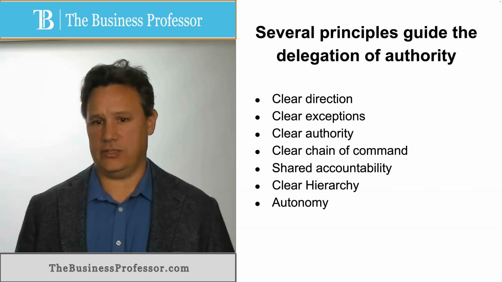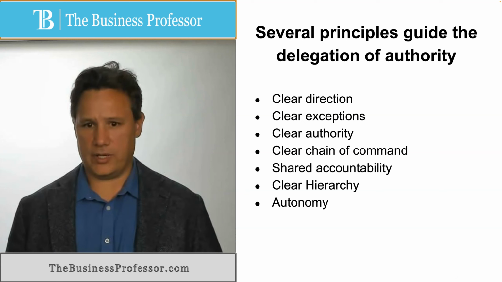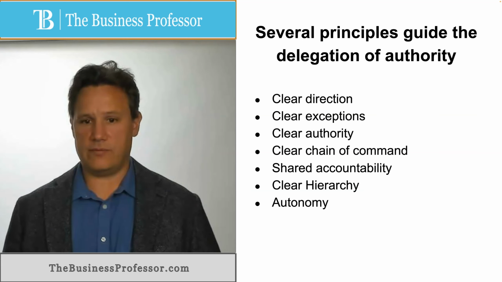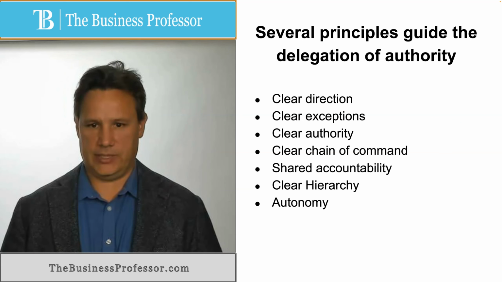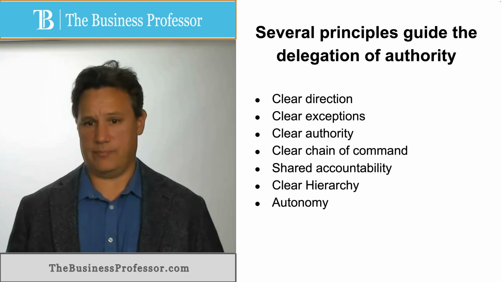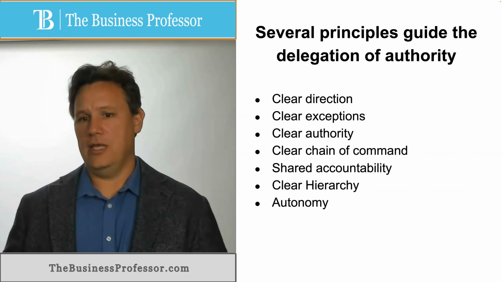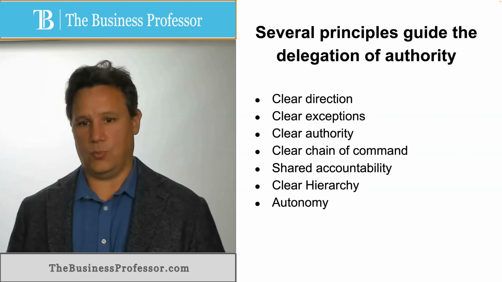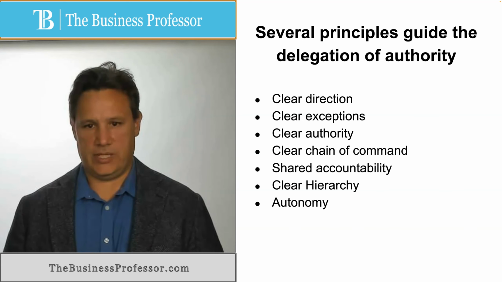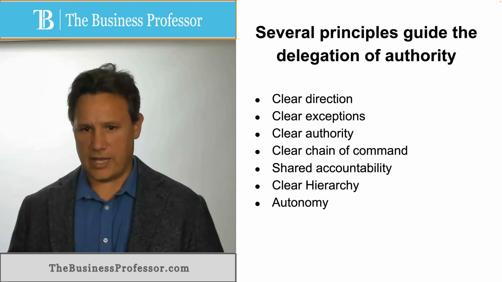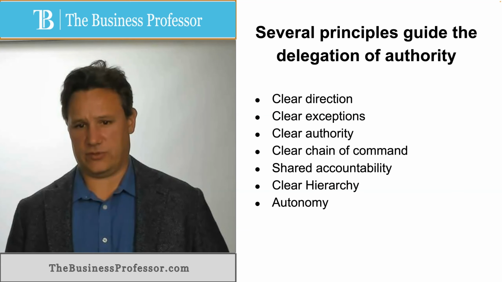The last thing that you need to do if you're going to be effective at delegating authority is you have to give whoever you are delegating this task to autonomy to do it. If you clearly set up the expectations, the directions, and the boundary conditions, and you clearly communicate those to the subordinate that you are delegating the authority to, then autonomy shouldn't be an issue. However, this is the thing that a lot of managers have trouble letting go of.